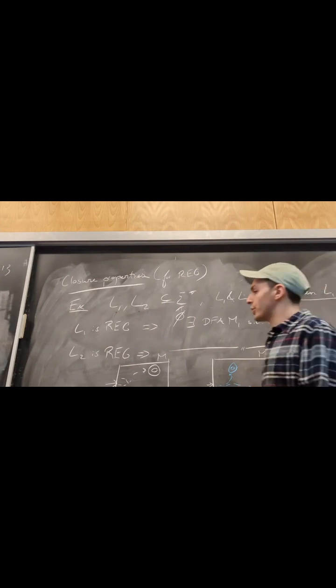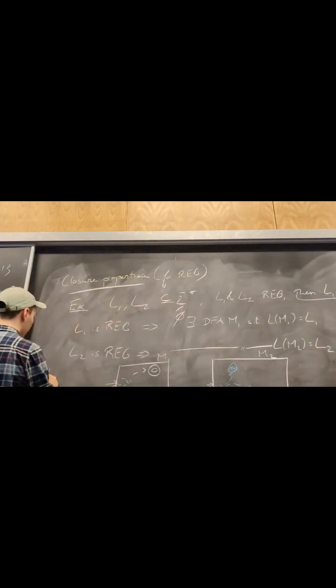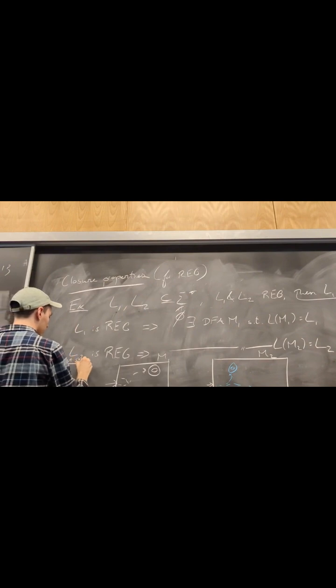So now I want to build a machine which, given a string, checks if the string is in either one of these two languages. If yes, then it accepts it. Otherwise, it rejects it. What the bigger machine can then do is say, I get some input string W,